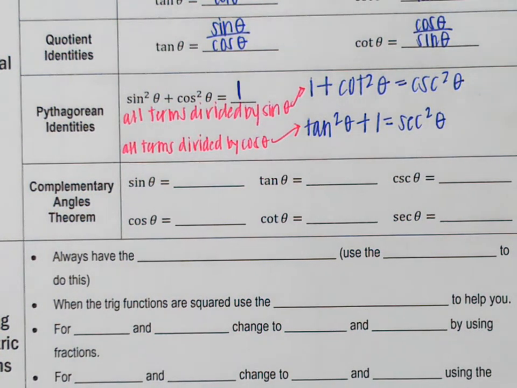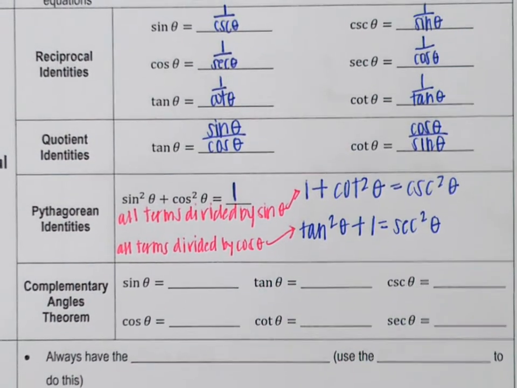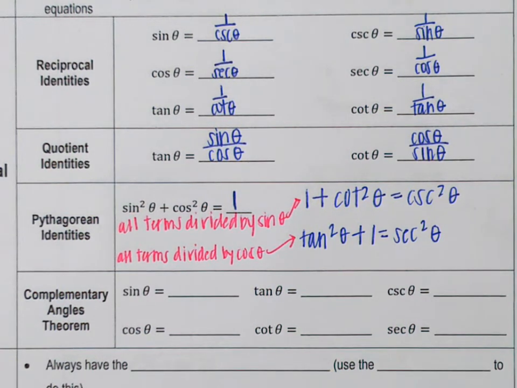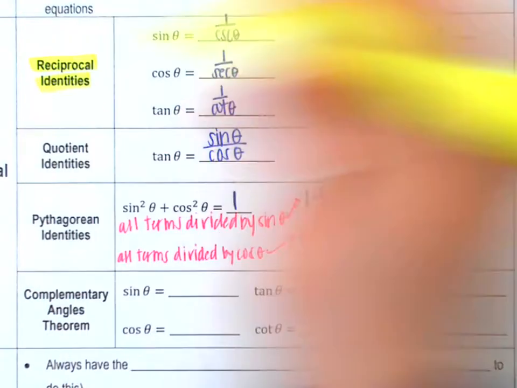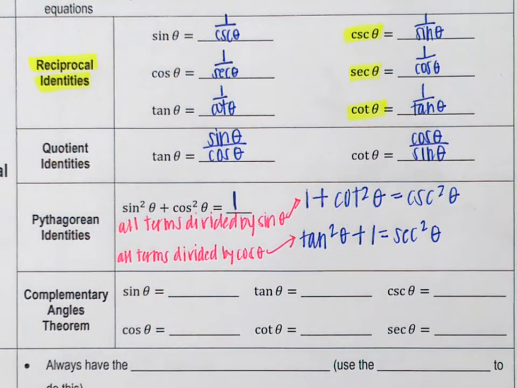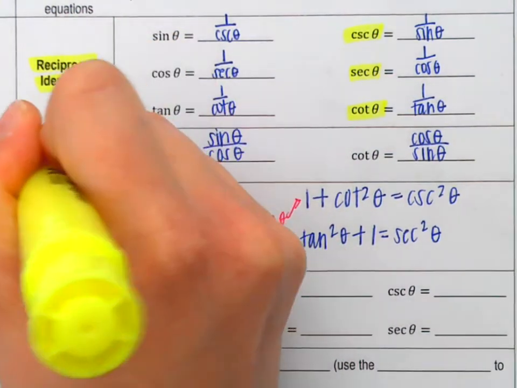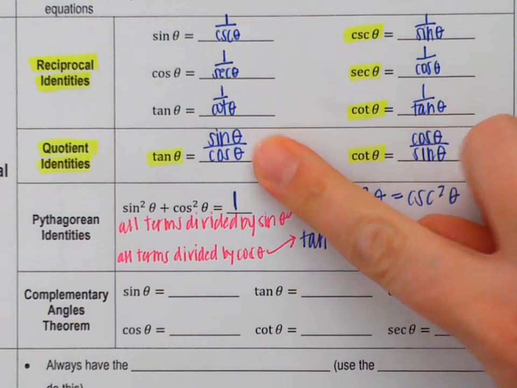Okay, so those are your Pythagorean identities, and just kind of reiterating, for honors pre-calc you'll have to have these memorized. Really what I have memorized is, obviously, my reciprocal identities. I know which ones cosecant, secant, and cotangent match with. I know my quotient identities. I have those memorized. And I know both of these, but really if you just know tangent and you already know this, then you